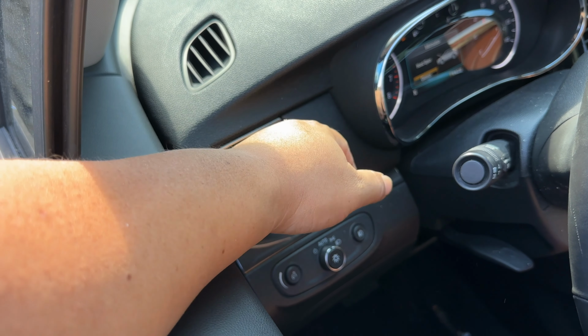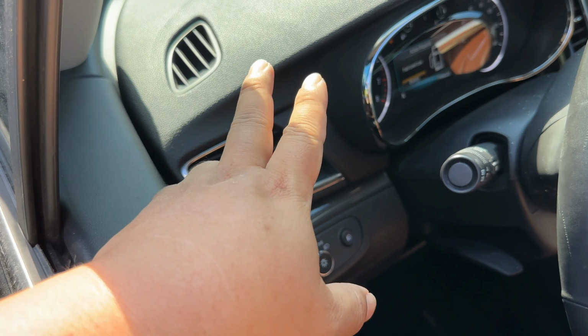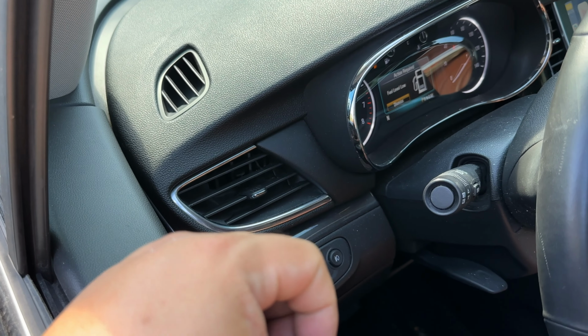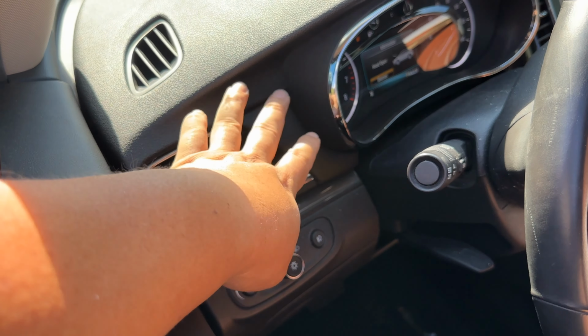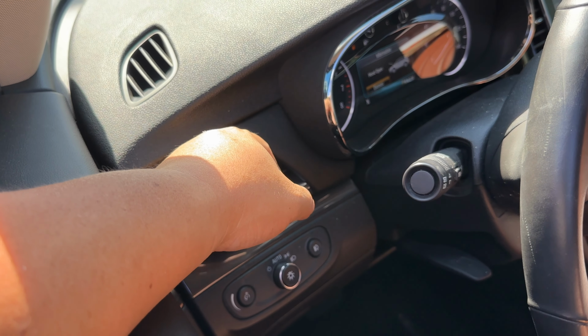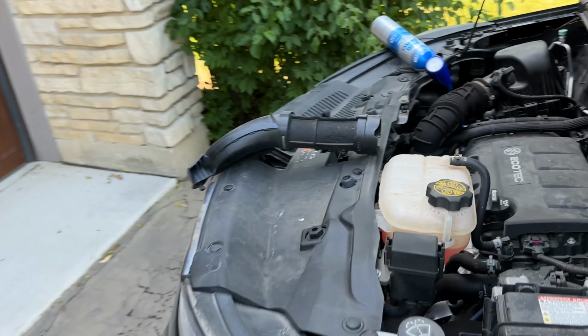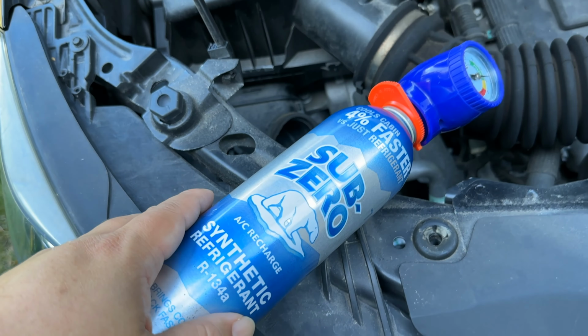All right, that's noticeably cooler. The air coming out is actually cold, but because this car is so hot and the day is so hot, it's actually just warmer on my head, but my hand feels so much better. Oh yeah, so cold, so cold. So that's it. If you're just a little low on refrigerant, all you've got to do is top that little bad boy off with something like this, the